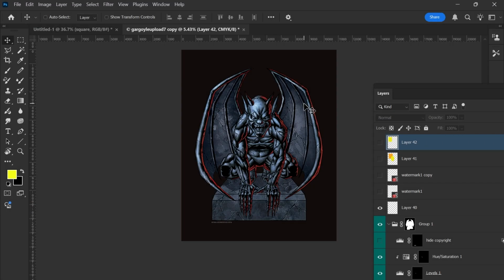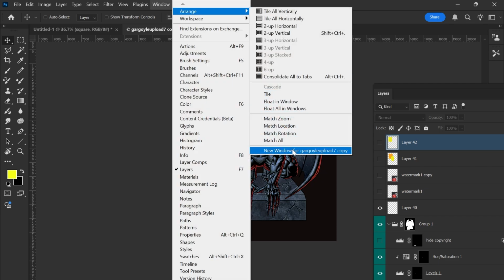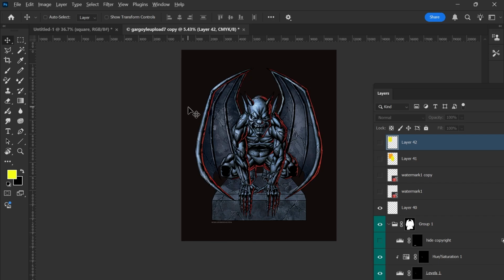So as I just showed you how to have the same document up at the same time, I'm going to show you a little shortcut you can do to get there. So instead of just moving my cursor up to Window, Arrange, and then New Window, if I press Alt, you can see the words at the top are underlined. So you can see for F on the file is underlined, E on edit is underlined, and you can see for the others, and W for window is underlined. And now if I hold Alt and then press W,